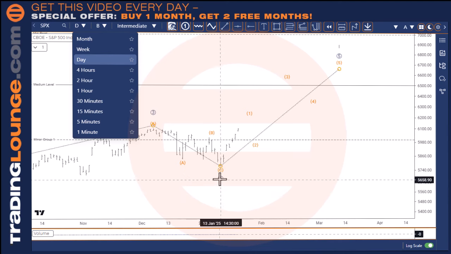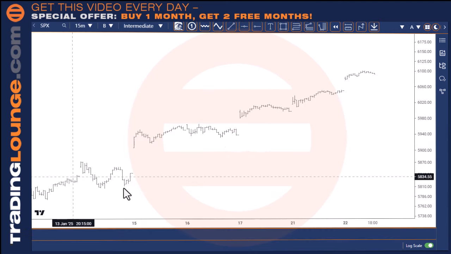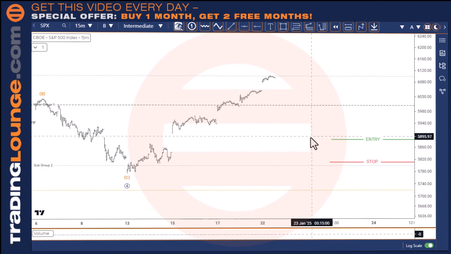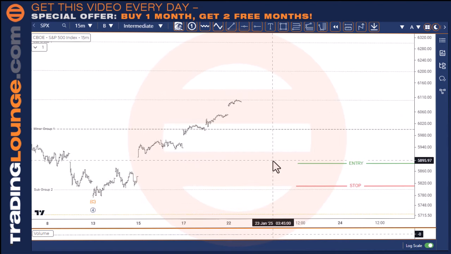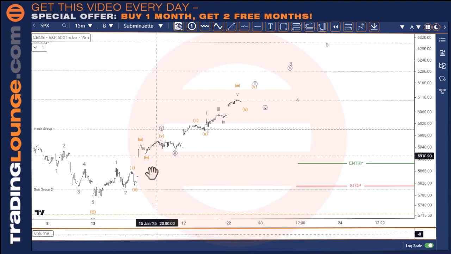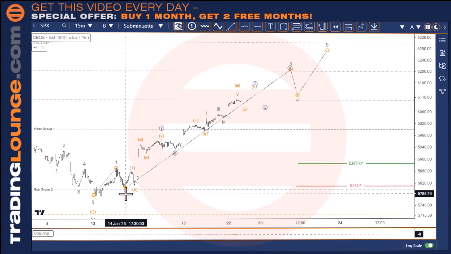We're going to pick it up from this wave 4 low here on the 15-minute chart, and this is the move that we're looking at. I can count this up a little bit differently on the NASDAQ too. I've got a little bit going on here, but let's put the count on this one. It's a little bit complicated, but if I put this here, you'll see 1, 2, 3, 4, 5